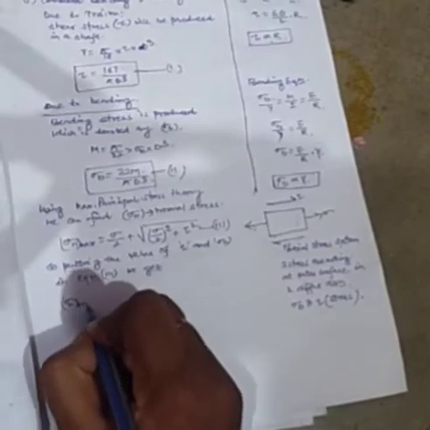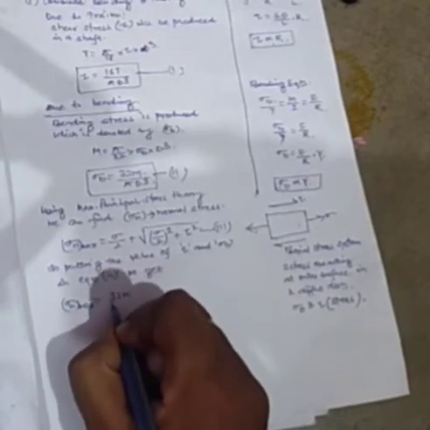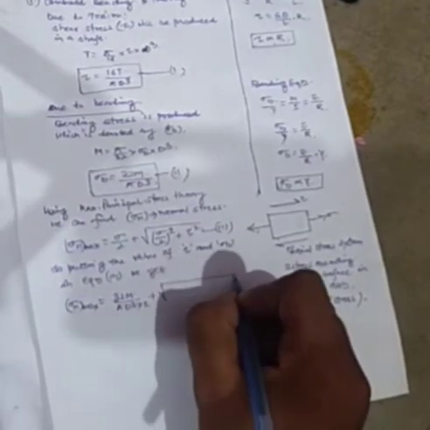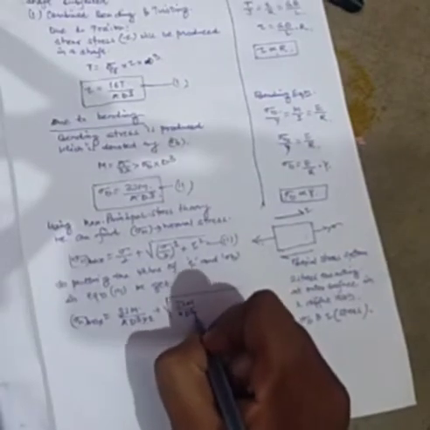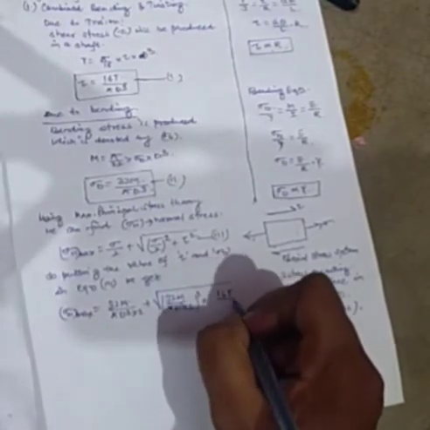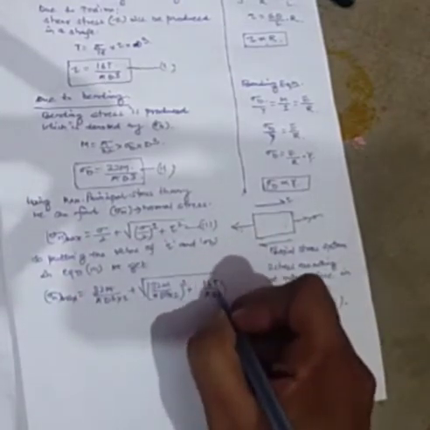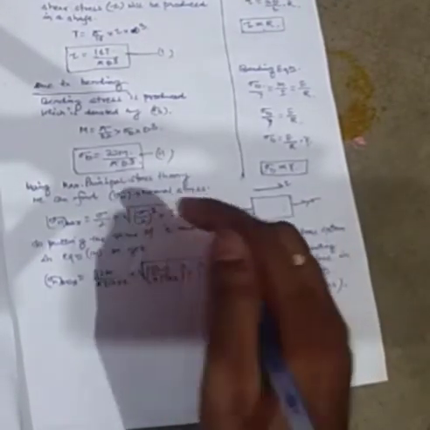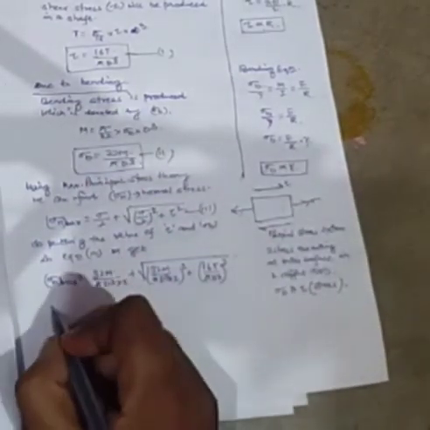in equation number three, we get what? Sigma n max is equal to, what is this sigma b? That is 32M by pi d cube, into 1 by 2, plus under root of 32M by pi d cube into 2, to the power 2, plus 16T upon pi d cube, the whole to the power 2. This was the formula, and once we put the values of sigma b and tau in this formula, we get something like this. Okay, so sigma n max